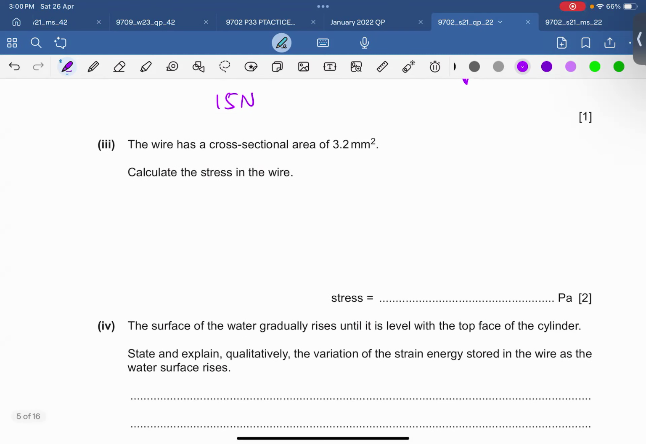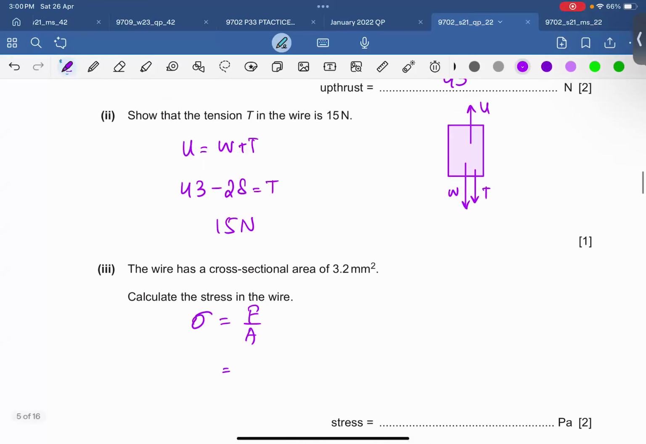The wire has a cross-sectional area of 3.2 millimeter square. Calculate the stress in the wire. स्ट्रेस का फॉर्मूला? स्ट्रेस होता है फोर्स अपॉन एरिया। अब कौन सी फोर्स ले लें? थ्रस्ट लें, टेंशन लें, या फिर वेट लें? टेंशन लेंगे, क्योंकि वायर पे फोर्स लग रही है। वेरी गुड।